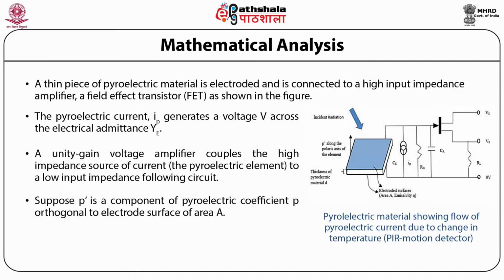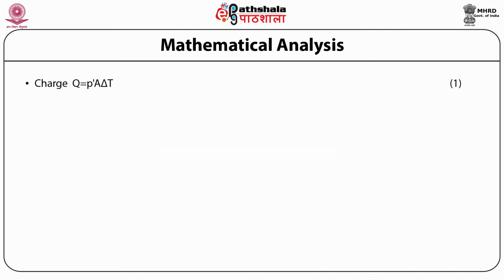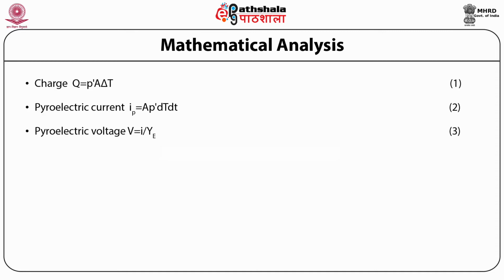following this circuit. Suppose P prime is a component of pyroelectric coefficient P orthogonal to electrode surface of area A. The generated current is independent of thickness since the current is associated with the unbound surface charge, and this charge is given by Q is equal to P prime A delta T, and the pyroelectric current IP is equal to A multiplied by P prime dT by dt, and the pyroelectric voltage, which is V, is equal to I